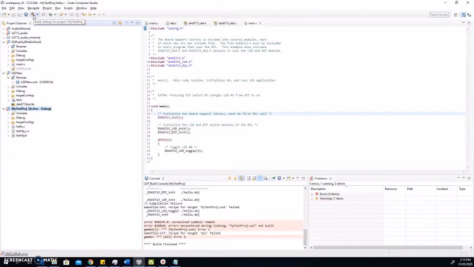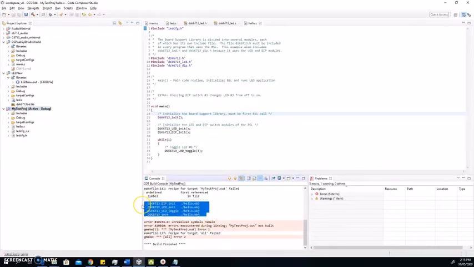So it tells me that it has been able to do most of the things, but it has found some undefined symbols. That is happening because it is not being able to find the library. So what happens is that you must have learned in programming in C++ that when you create your specific proprietary code, you create a C file, you create a header file. So the header file contains the declaration, the C file contains the implementation, and you can also create a library file which actually contains the complete implementation